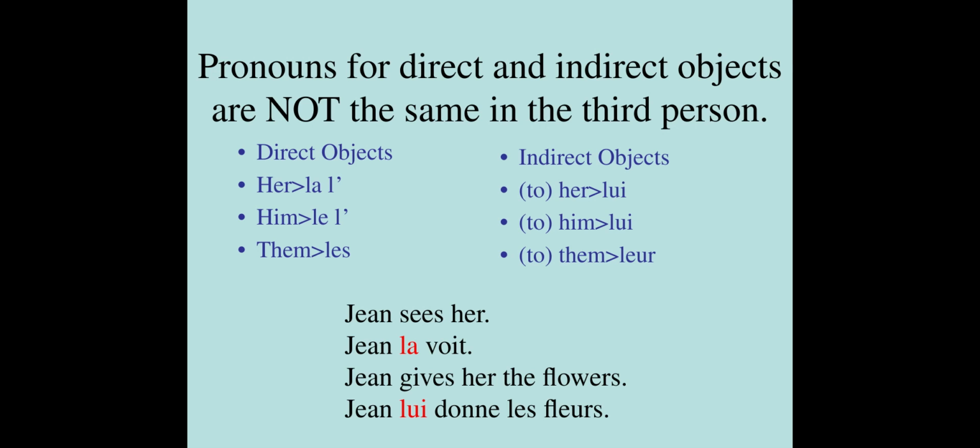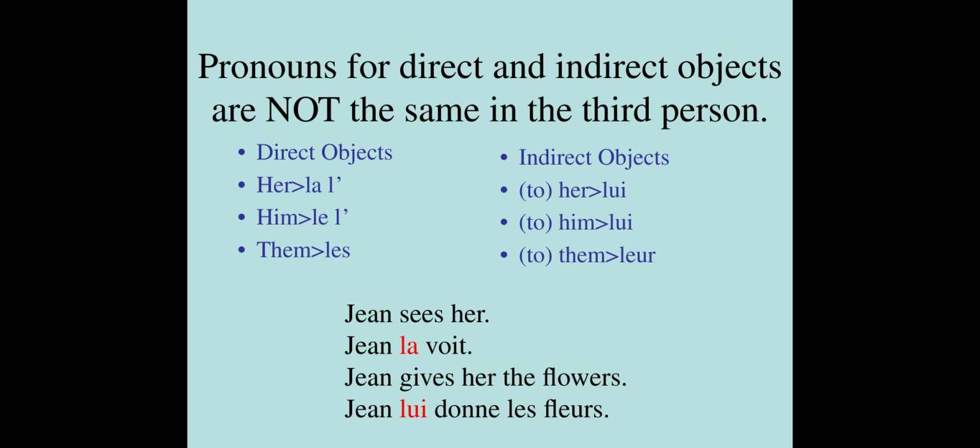And for them or it, plural, is les. Indirect object pronouns only have two different forms: for him and her, and for it or them. So for her, him, or it, it's lui. And for them, it's leur, without an S. So we have Jean sees her, Jean la voit, and then Jean gives her the flowers, it's Jean lui donne les fleurs. So you have to make sure that you know that in the third person, they are